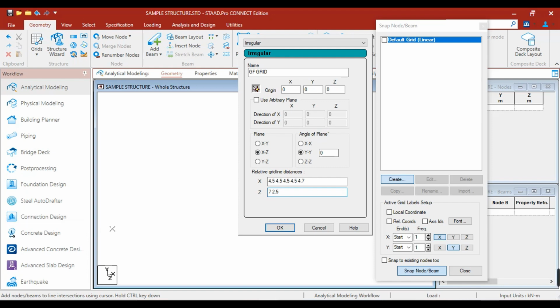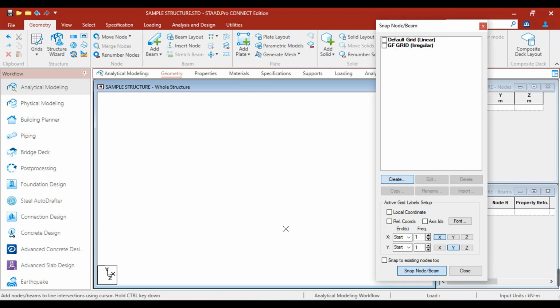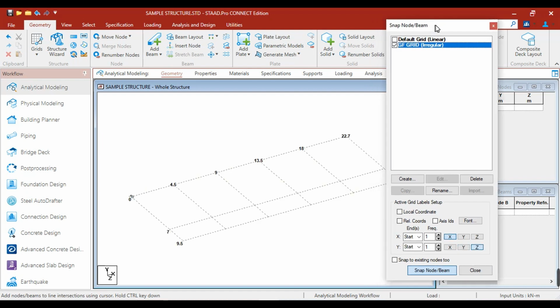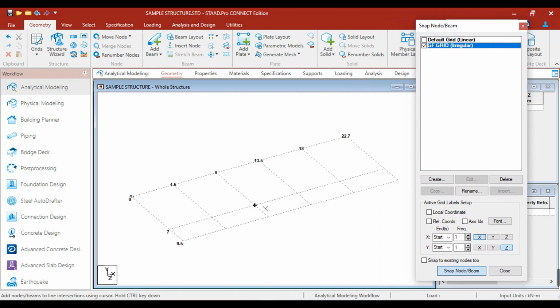Now that we input the different grid line distances for X and Z, just click OK. So now we have the ground floor grid, which is irregular, but we cannot see it in this window, so we have to check the ground floor grid. Now this is our grid line for the ground floor.